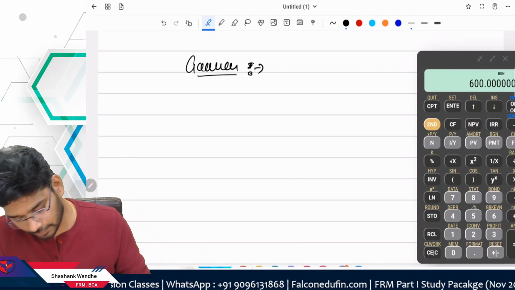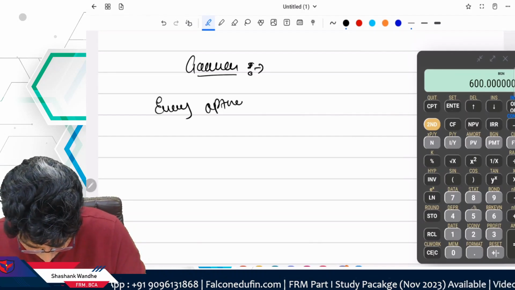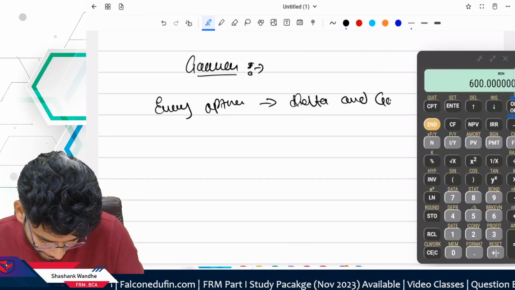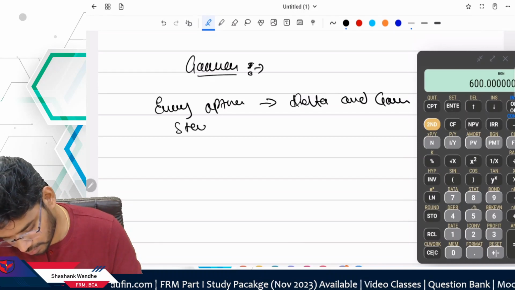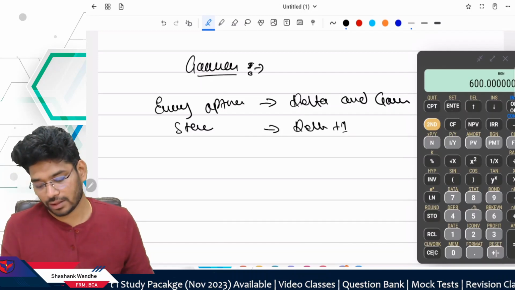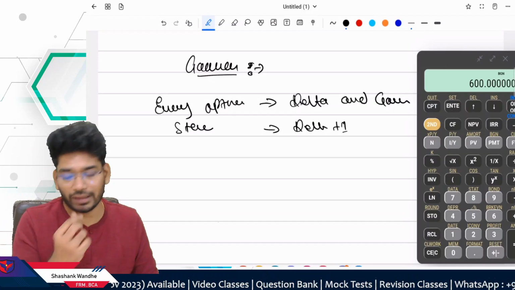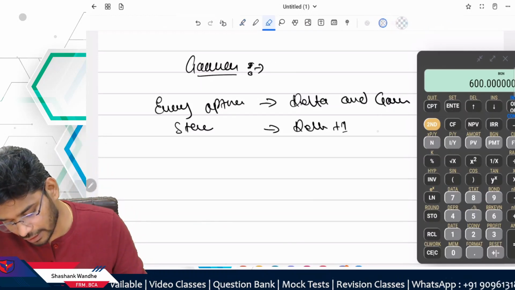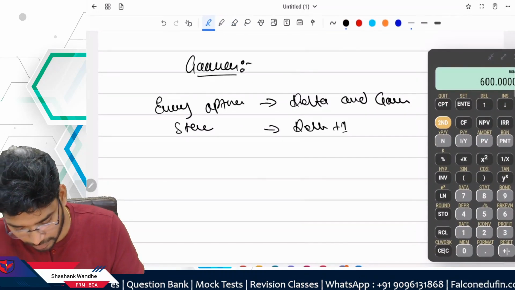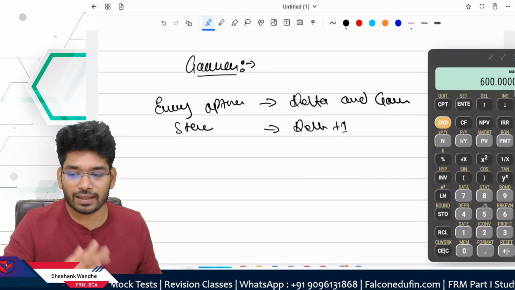Now remember, every option has delta and gamma. A stock has no gamma, only delta, which is plus 1. So if you want to make the portfolio delta gamma neutral, we have to apply a slightly different method, and that method we will discuss later. For now, remember,